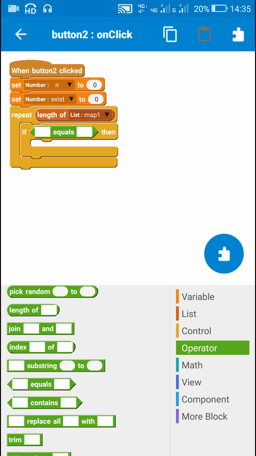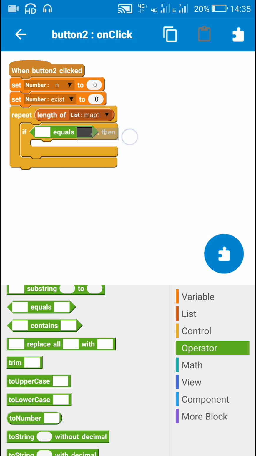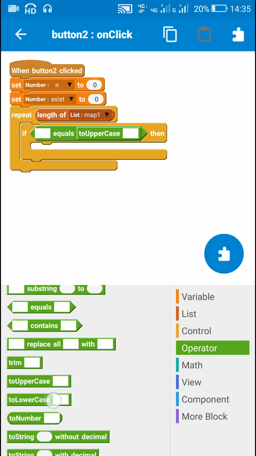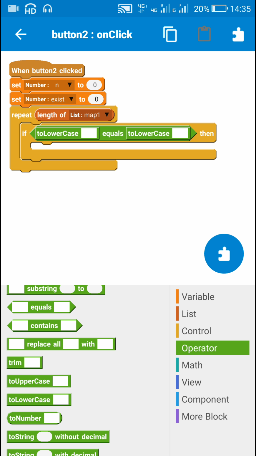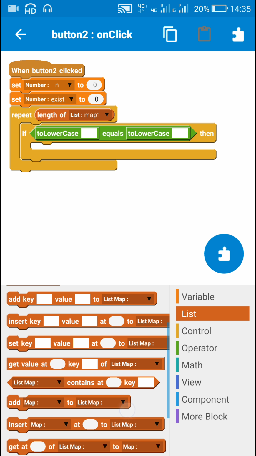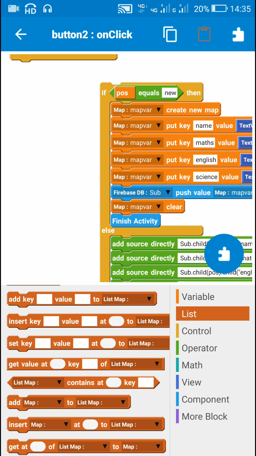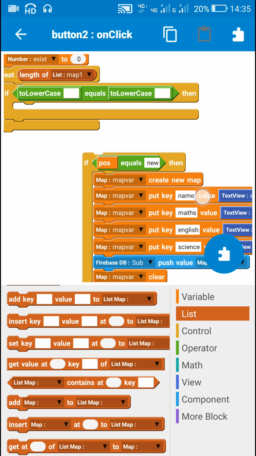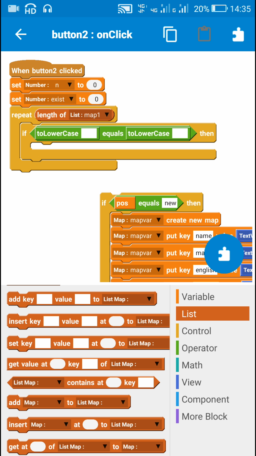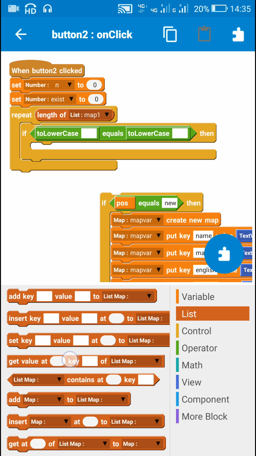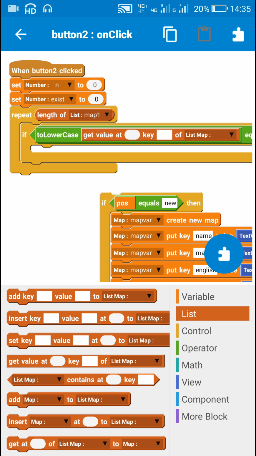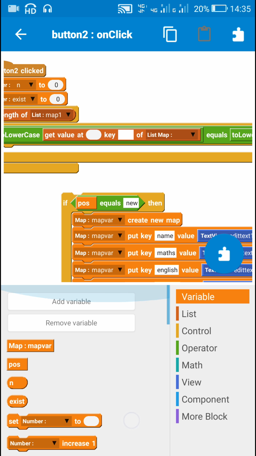I will convert both the contents of edit text 1 and the data from list map to lowercase, so I will use this block to lowercase in both the fields. This is uppercase, so I will change this to lowercase. Now I have to equate the data of the two fields. For that I will be getting this key name from the map list, and for that I will use this block get value at number n